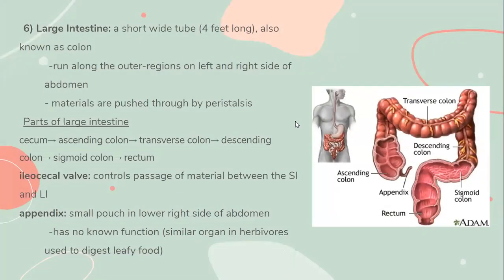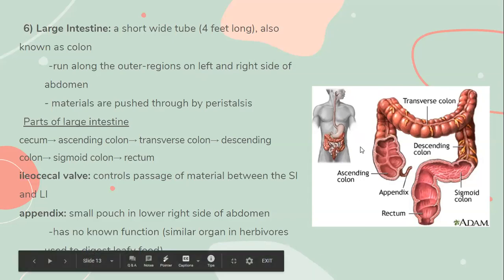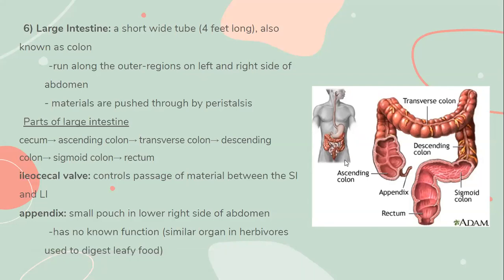Next, we have the large intestine, which is a short, wide tube, also known as your colon. You can refer to it as either, I'd say. It runs along the outer regions on your left and right side of the abdomen. You can see in the picture that your small intestine is mostly in the middle. The large intestine goes up and then across and then down. So mostly your left and right sides, and materials are also pushed through by peristalsis, like in the esophagus and